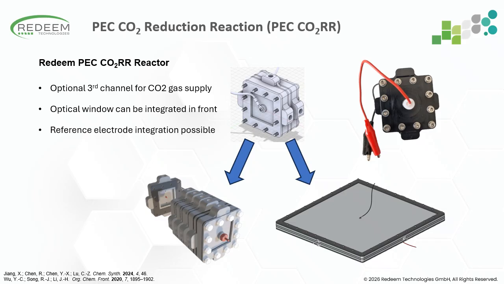Throughput can either be increased by using larger active area cells or by constructing bipolar reactor stacks for numbering up, providing a straightforward pathway from laboratory studies to larger scale operation. So overall, the reactor is intended as a flexible research platform that can be adapted to a wide range of